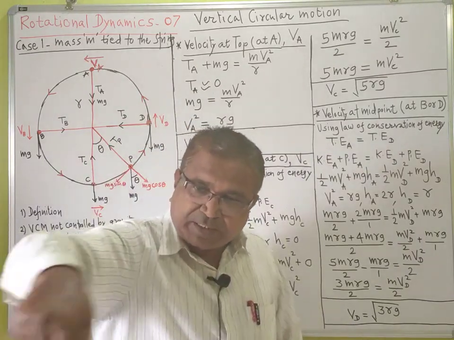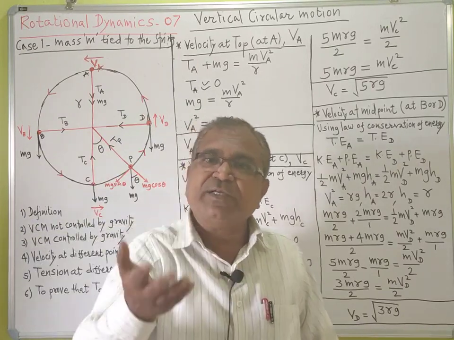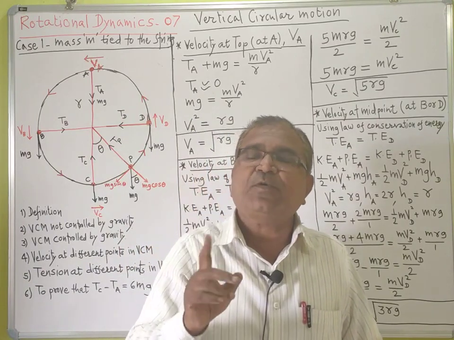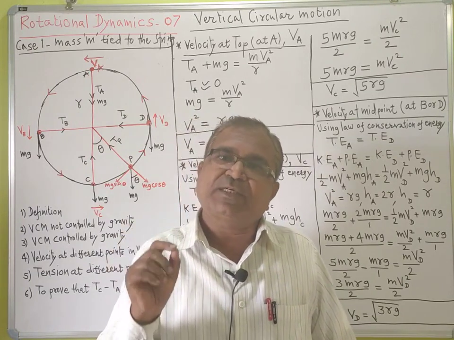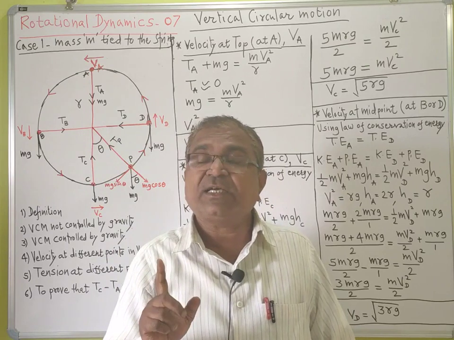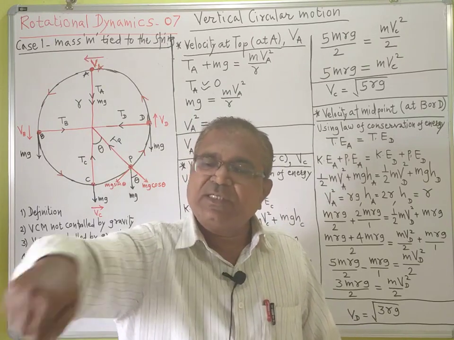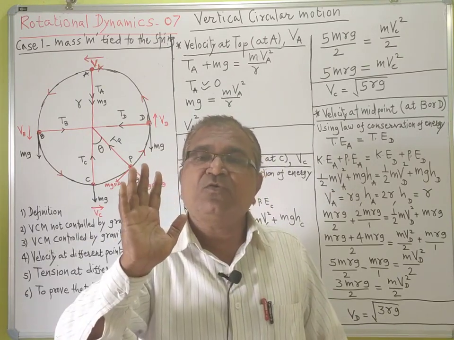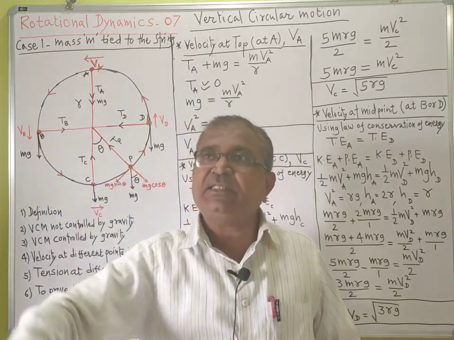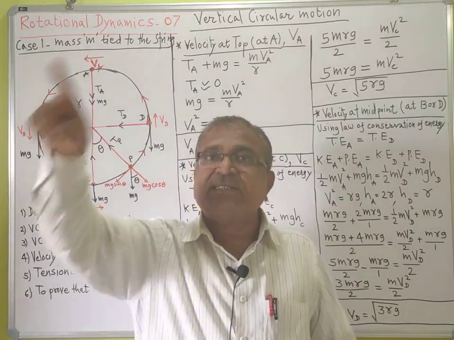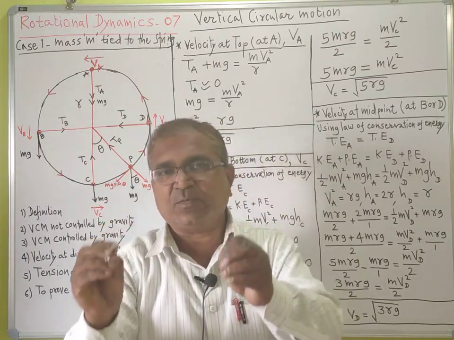If the motion of a particle is in a horizontal plane, then we call it horizontal circular motion. We learned that, and we use the concept of horizontal circular motion while learning the conical pendulum. At that time, the motion of a bob, the motion of a particle, is horizontal circular motion, but now we have to learn vertical circular motion. So when the motion of a particle is in the vertical plane along the circumference of a circle, we call it vertical circular motion.